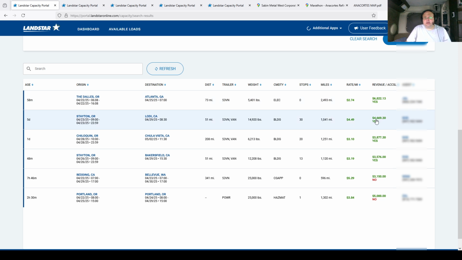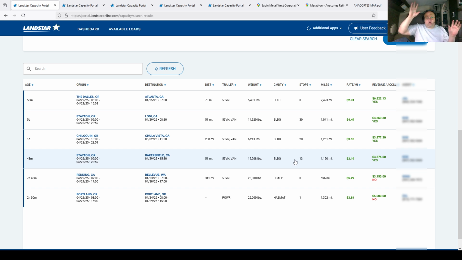What I can tell you is that of this $4,669.30, this $4.49 a mile, it's almost all driver unload pay and stop pay. The load itself pays next to nothing. So these ROR loads are all absolutely cheap crap. What they've done is they're not paying you any extra to do the loading and unloading and the stops. What they're doing is they're factoring in all that extra pay that Landstar is forcing them to pay you,